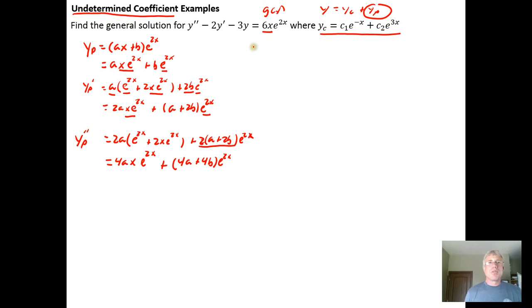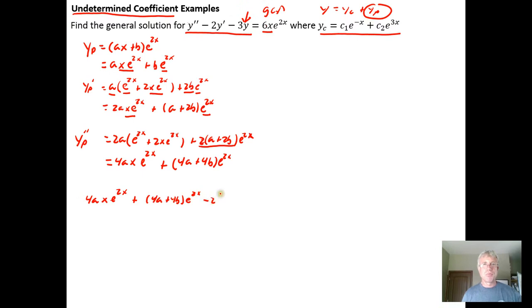And then the key is we're going to do exactly what we've been doing before. We're going to put our guessed solution and its first and second derivatives into the differential equation, and we know that if it's a solution it needs to evaluate to 6x e to the 2x. So y double prime is going to be replaced with y particular double prime, so that's my 4a x e to the 2x plus our 4a plus 4b e to the 2x